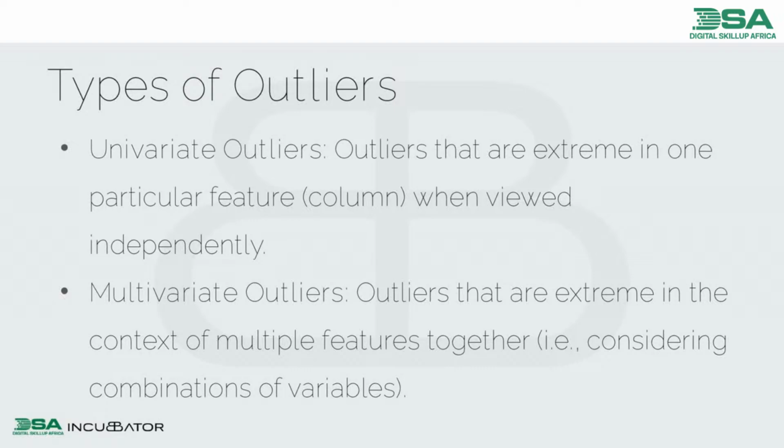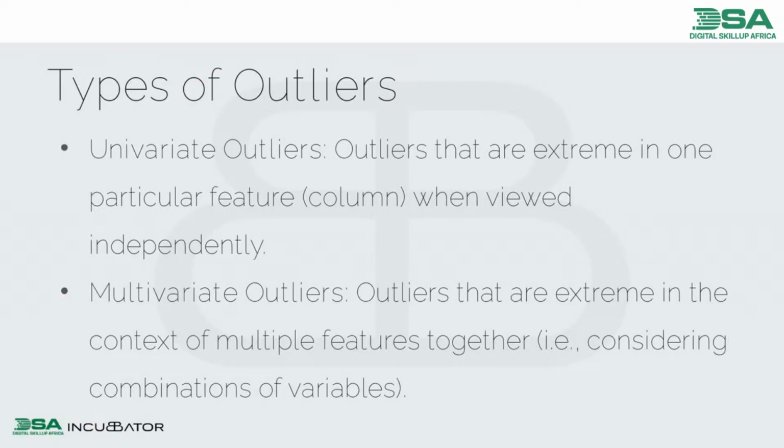values. They also have univariate outliers, which I told you are extreme in one particular feature. That's the example I gave you: having house prices in an arrangement, you have 50,000, 60,000, 70,000, and all of a sudden you see 5 million. It's out of range. You also have outliers that are extreme in the context of multiple features. Maybe 5 features are having a lot of outliers, so it becomes multivariate. So those are things you look out for.